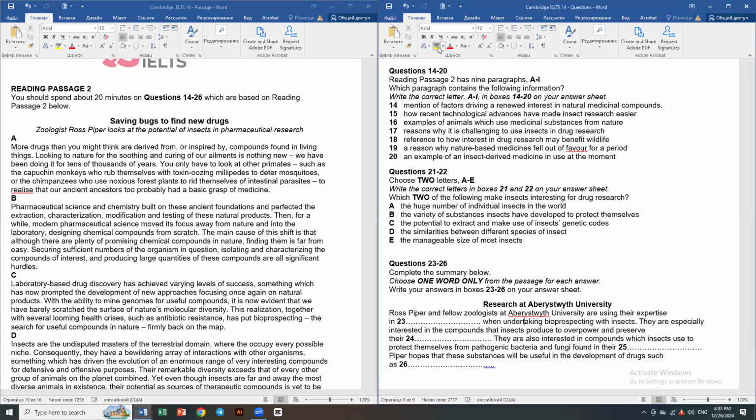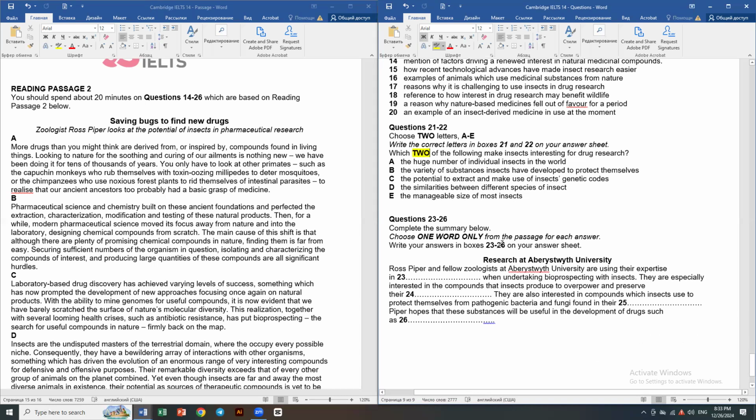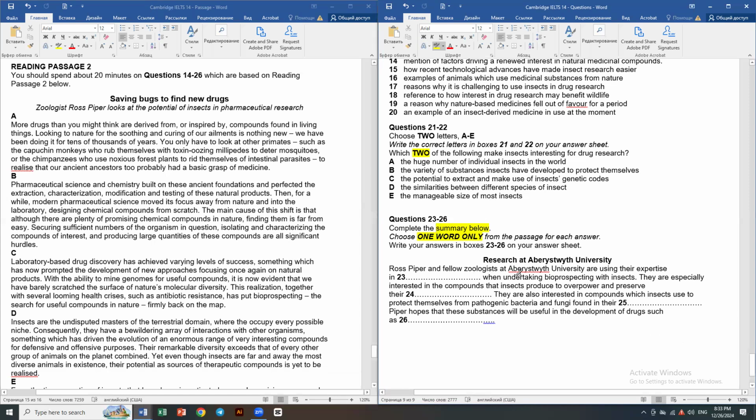All right. So what we have is matching information. Number one. Another one is a kind of multiple choice question, but here the problem is that we have to find two. Another one is one word only, summary completion. The trick here, but not really actually a trick, the thing you have to notice here is that it's like